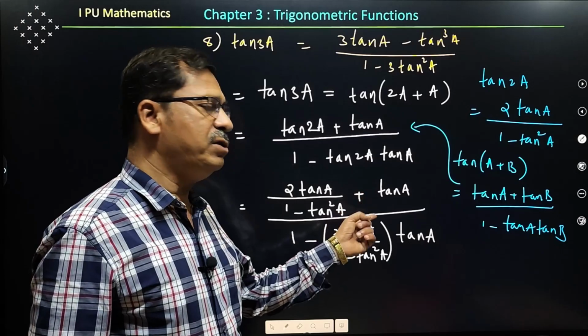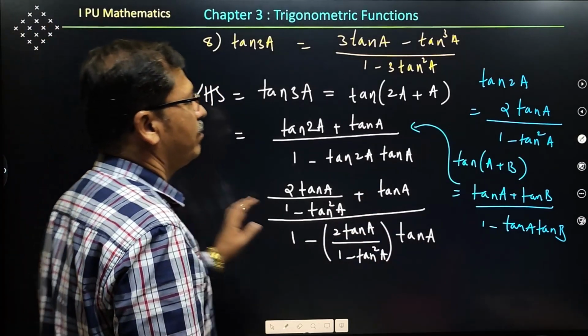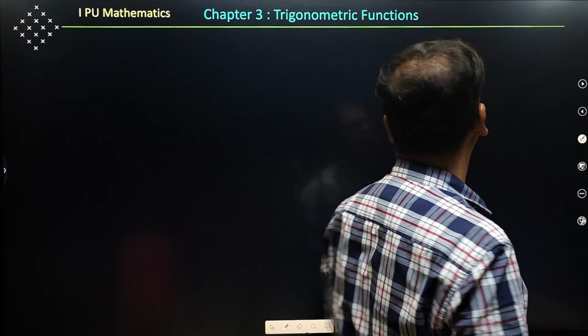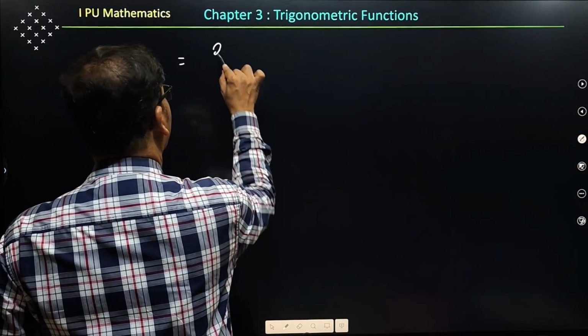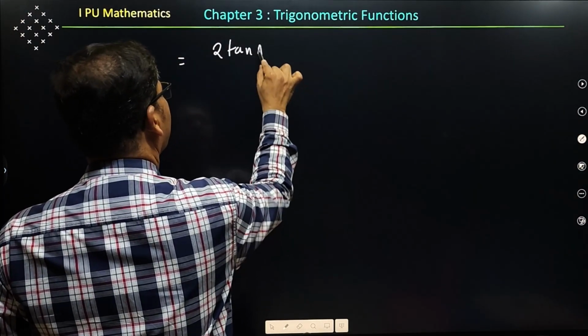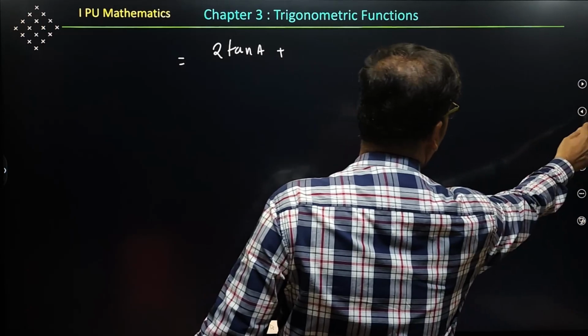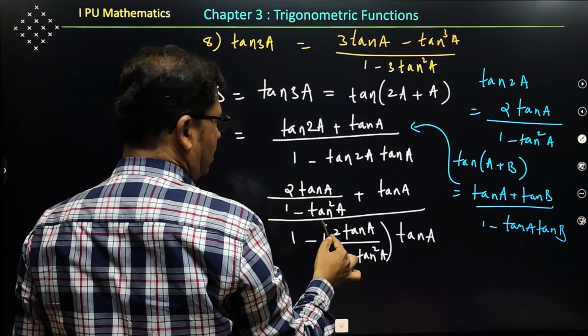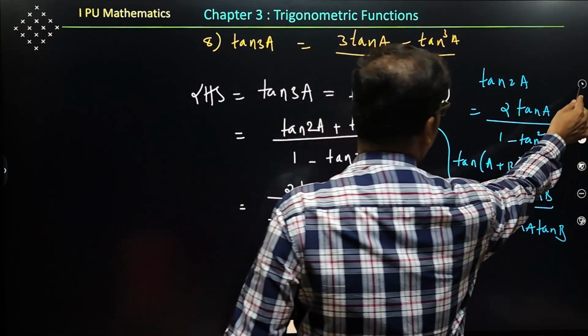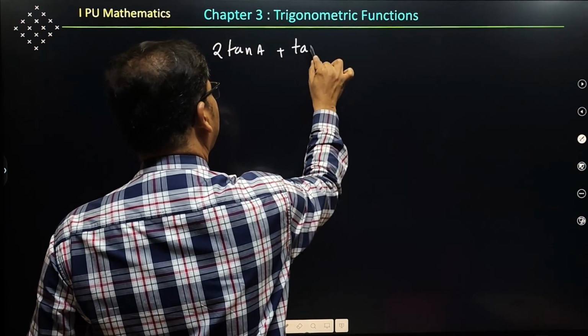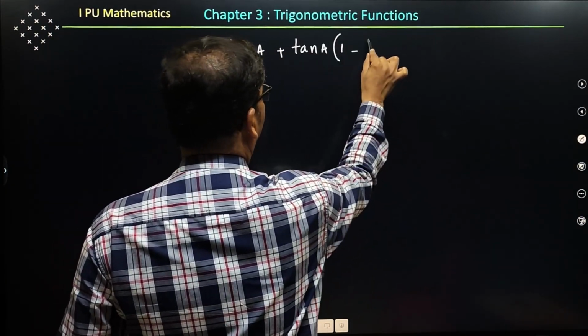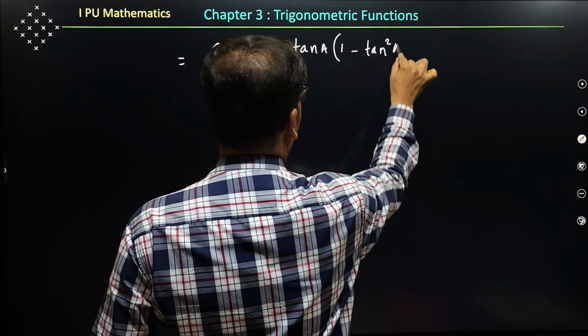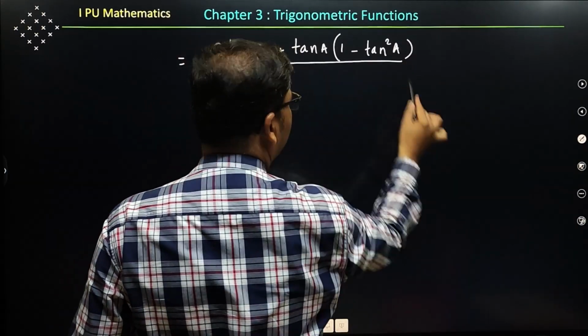2 tan A plus tan A into bracket 1 minus tan square A, whole divided by